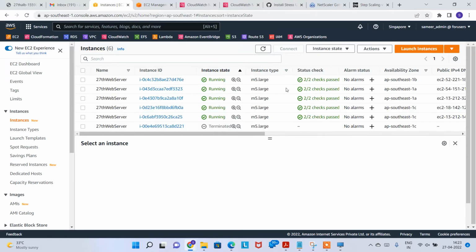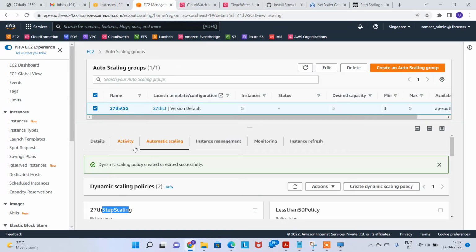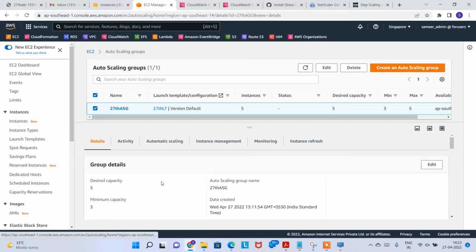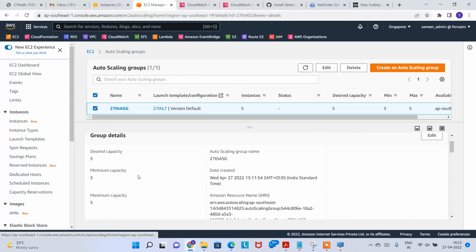Okay, so as per my ASG, if you see the details, my desired capacity has already changed to 5, right? If that is the case, then I don't think the desired capacity will automatically move to 3 or before. Let's see. Okay, yeah, if it is not moving, then this is how it works. That's what I would think, because the CloudWatch alarm automatically changed the desired capacity to 5. Now